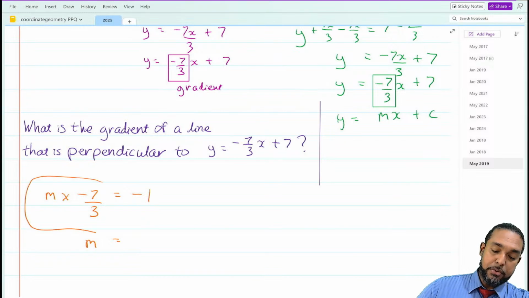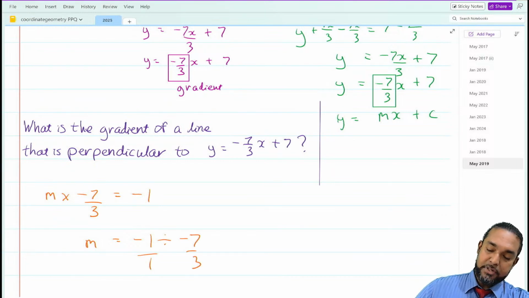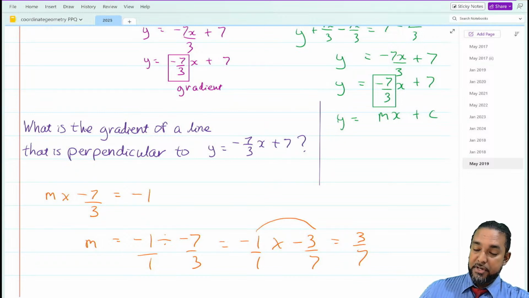If we were to do so on this side, it'll cancel with this. And whatever happens to one side of an equation must happen to the next side. All right, and of course, what's the protocol when you're dividing fractions? You change divide to multiply and you invert the divisor. And a minus by a minus will give us back a plus. Or like we said, flip it and change the sign.